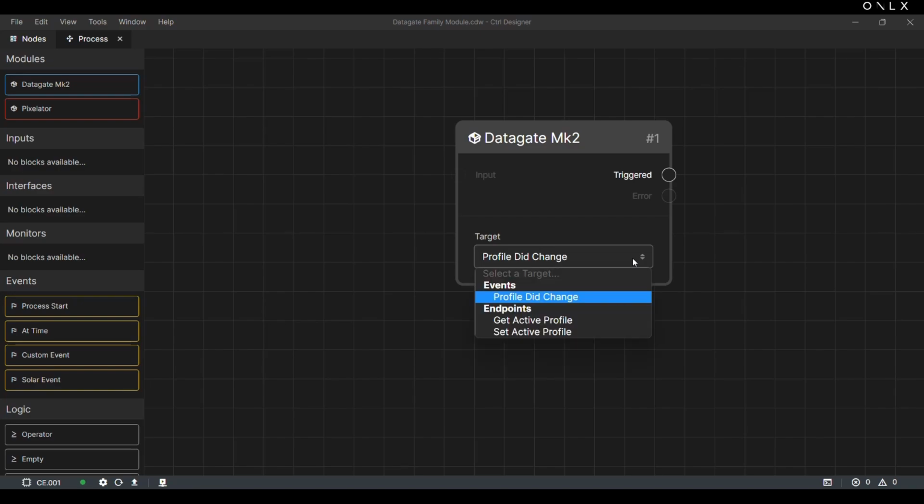Next, we've got the Get Active Profile option. This returns the number of the active profile on the Datagate Family device each time the block is triggered, by writing this value to a variable and pairing it with a render component block within the Control Suite process. You could show the active profile number or name within the Control Suite user interface. If the block can't connect to the device, it'll send an error out of the error outlet. This can be used to trigger another process to retry the same thing again, or send an alert to an